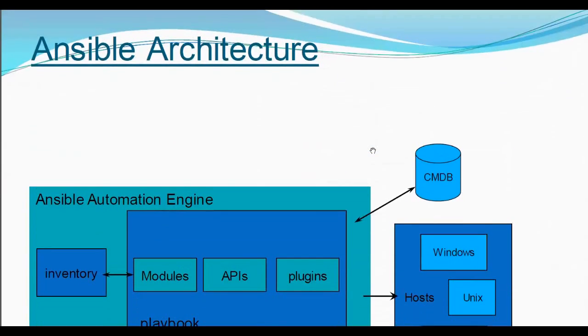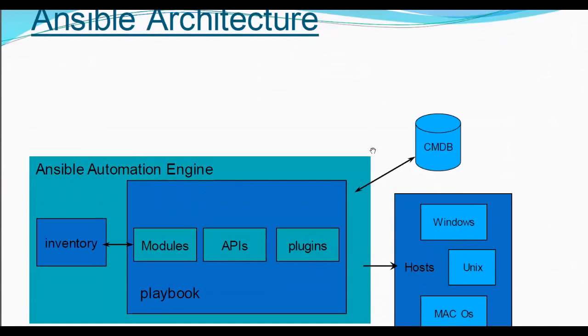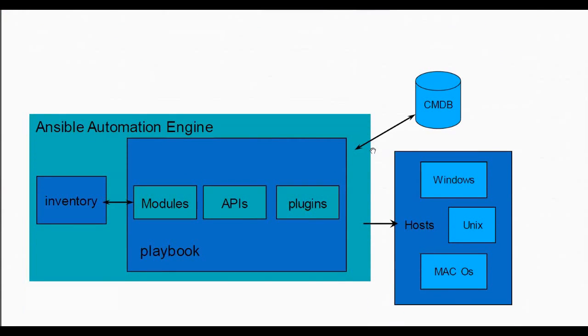Now let's quickly look at Ansible architecture. If I want to put it in a very simple way, there are these building blocks in an Ansible control server and the Ansible control environment. So in this diagram, the Ansible automation engine is something that is running on your control server. A machine or a server where I have installed Ansible is my Ansible automation engine, or Ansible control server, which is usually called as.